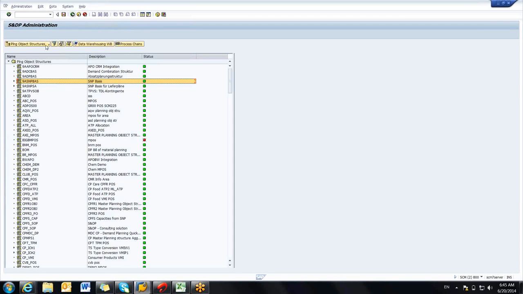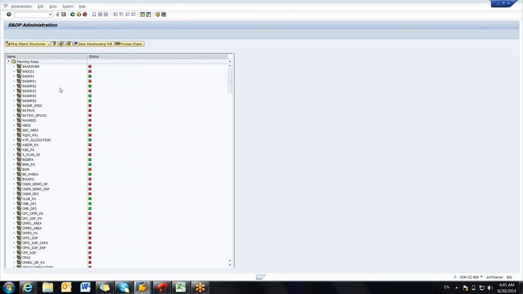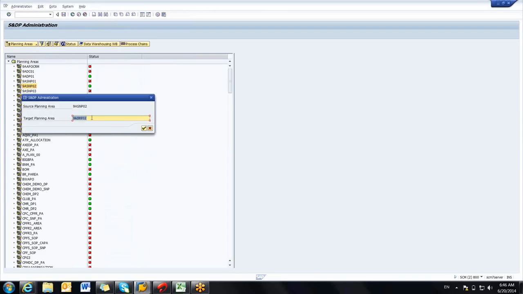So we just use the same standard, but we can change the planning area. While we copy the standard to any other planning area, the planning structure will be the same, which means the characteristics will be the same. Only thing you can add is a test underscore